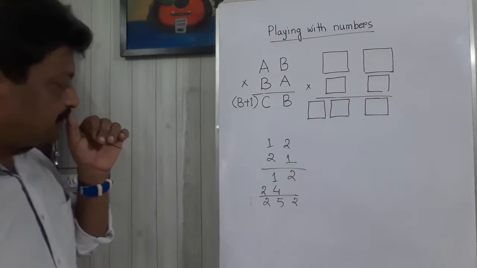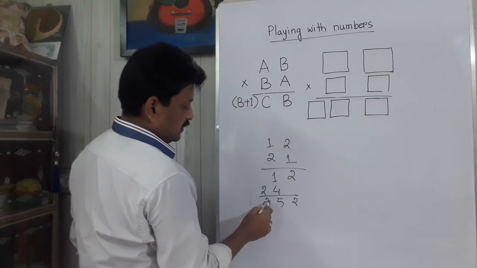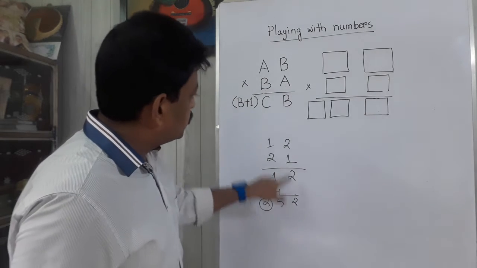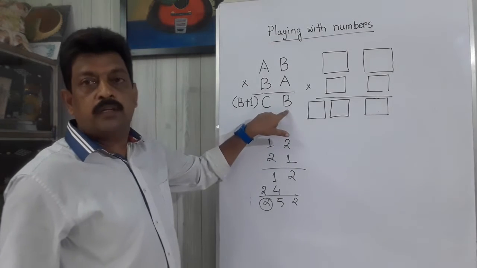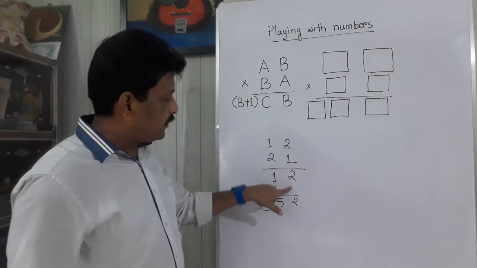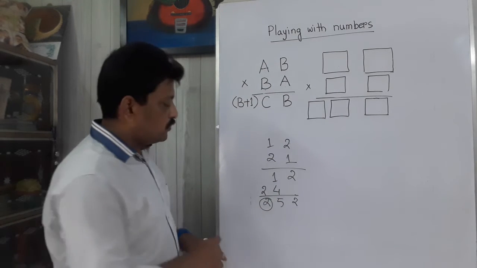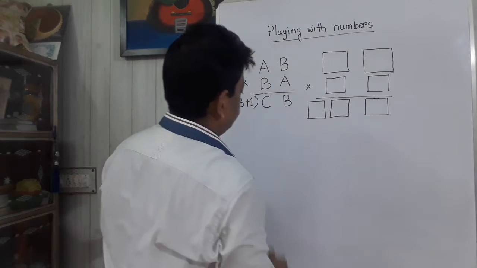Now see here, all these are matching, but here it is becoming 2, meaning it is becoming the same as this number. But here I have told you it should be 1 more than this number. If it is 2, then it will be 3. I have taken B as 2, so there it will be 3, which is not coming. So this is not correct. Now let me try with 3.